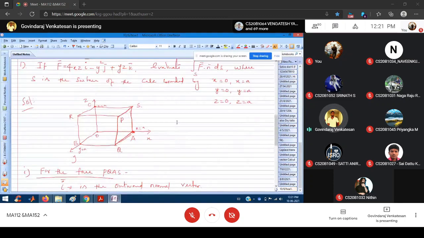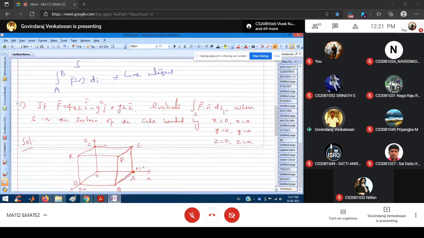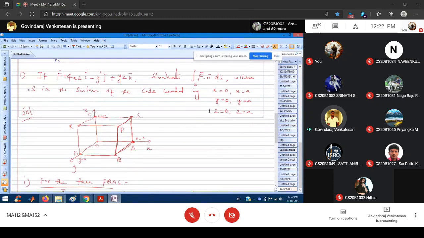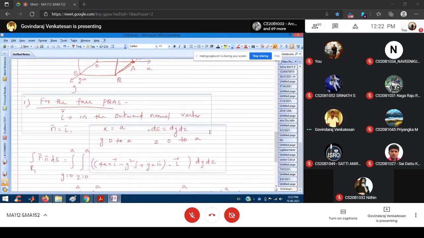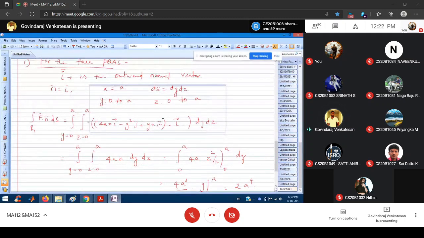So we know the formula. Surface integral is the integral over S of F vector dot n vector into dS. So for each and every surface we have to find the unit normal. Each side, the normal is different. Then after making the dot product, what is the variation, you have to fix what your dS is. Since x is fixed, there is no variation in x, only variation in y and z.